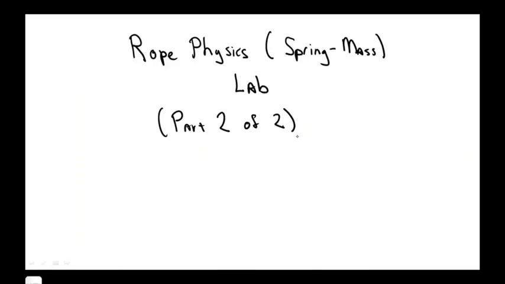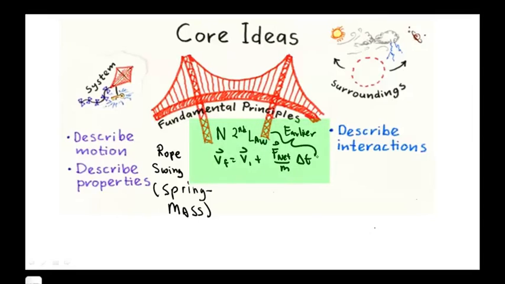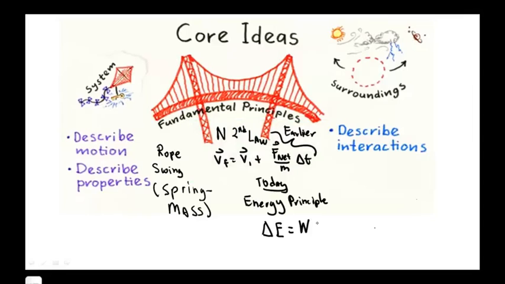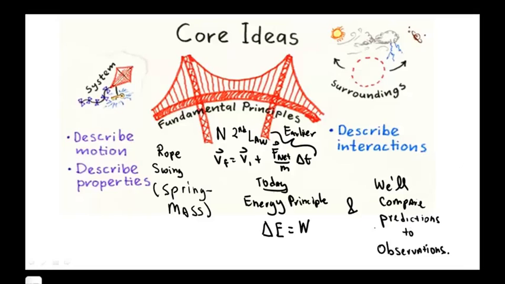In part 1 of this two-part introduction to the rope physics lab, we analyzed the motion of a spring mass system captured on video, and we developed a computer model to predict the motion. In that earlier work, we used one fundamental principle, Newton's second law. Today we're going to employ the second fundamental principle we know, the energy principle, to gain some additional understanding of the motion. After that, we're also going to compare, in a more quantitative manner, the predicted motion to the observed